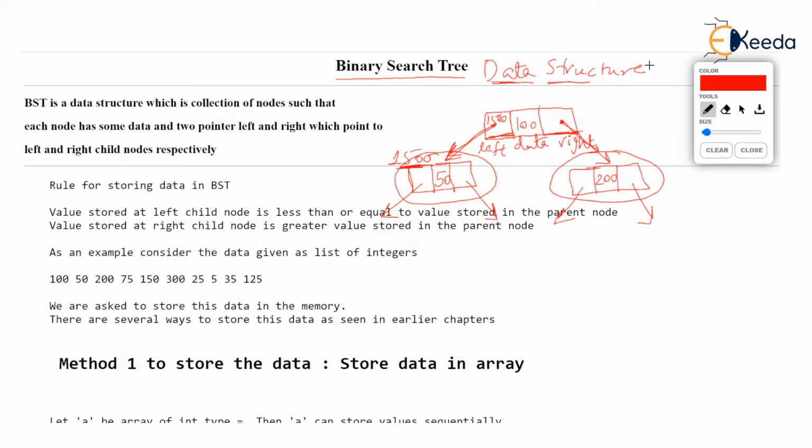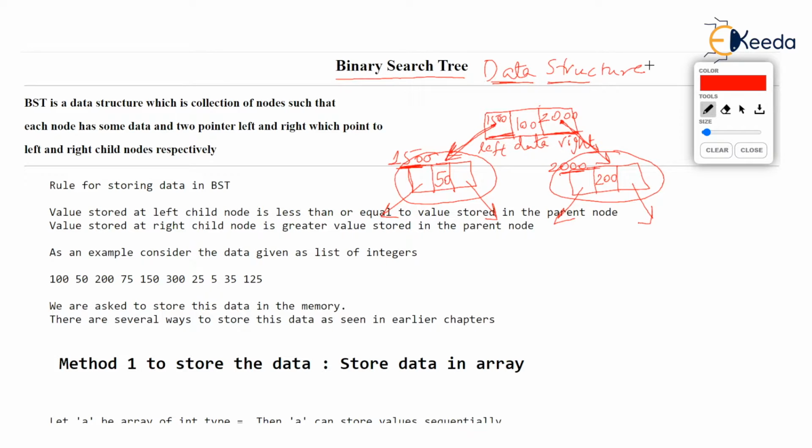That's how it knows where that 50 is stored. Similarly, the node which stores 200, if it is stored at address 2000, then the right pointer of 100 will literally store 2000. That means it knows where that 200 is stored. The data 200 is stored at the node which is at address 2000.